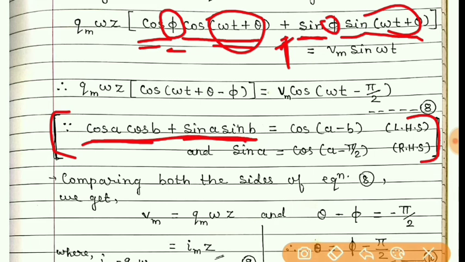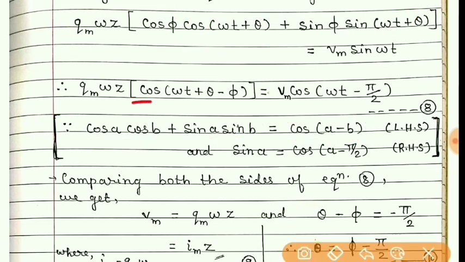So we can simply write this as cos(a minus b), or cos(b minus a), meaning is the same because cos is an even function. So if we write this phi minus this or this minus this, meaning will be the same. So I have written cos(omega t plus theta minus phi),